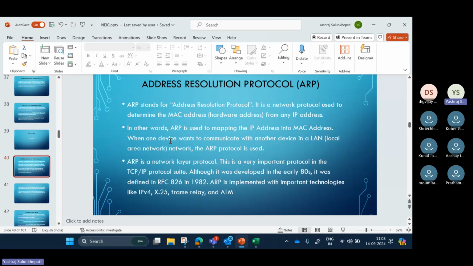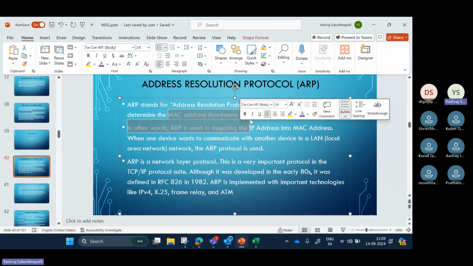ARP stands for Address Resolution Protocol. It is a network protocol used to determine the MAC address from any IP address. Okay. This is what ARP is. If somebody asks ARP, so it is a method to identify or calculate MAC address from any IP address.